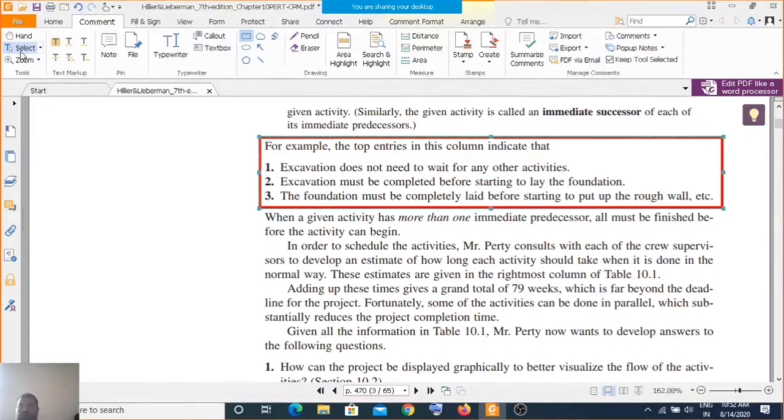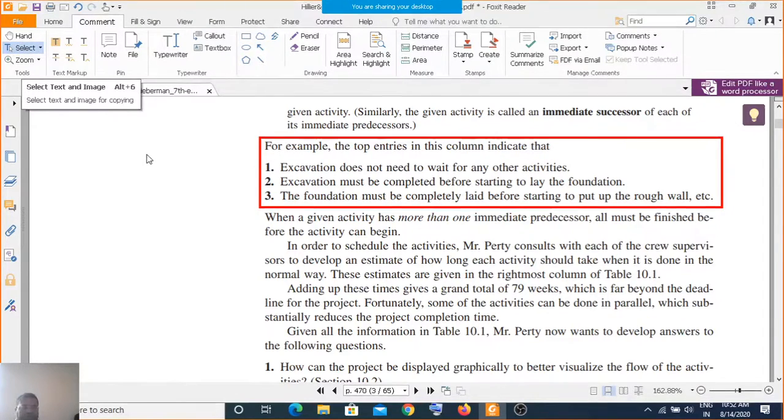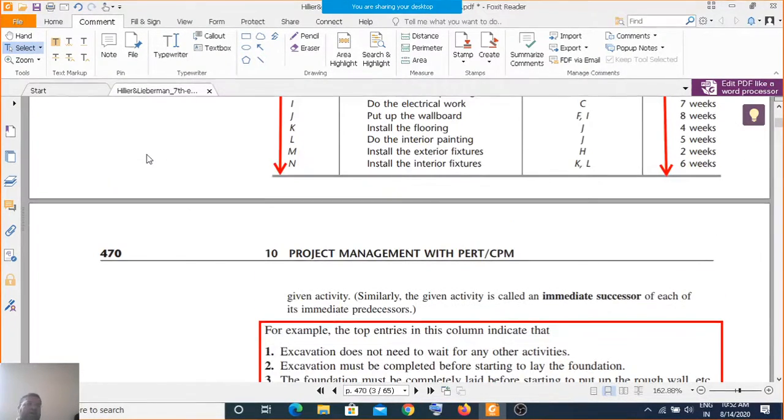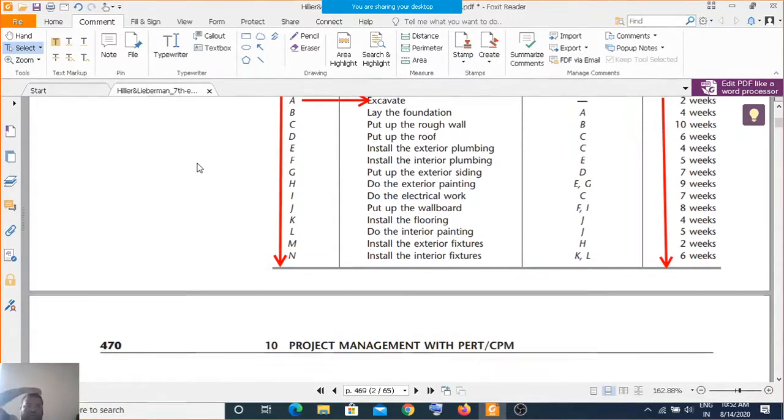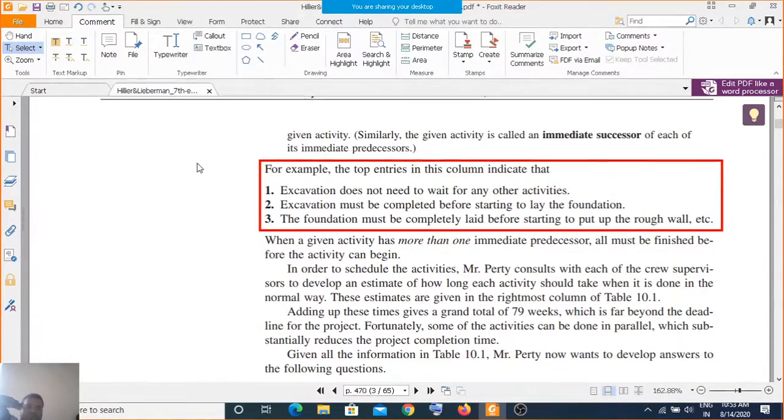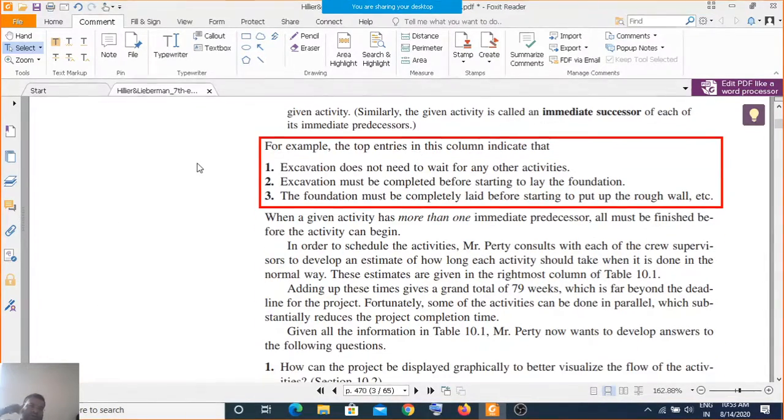Means if you go through this activity table, which is now designed by the party, you should know that excavation won't require any activity, won't wait for any activity, and it requires a maximum of 2 weeks. You can go on with what you can say, crashing, that means we can complete this within the 2 weeks or before 2 weeks also. So these are what you can call the scheduling activity.